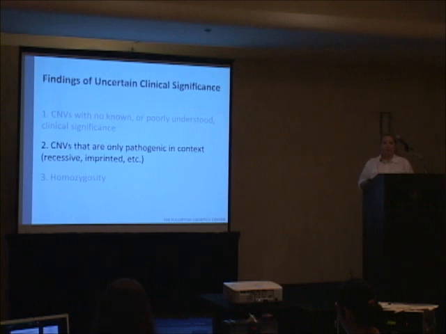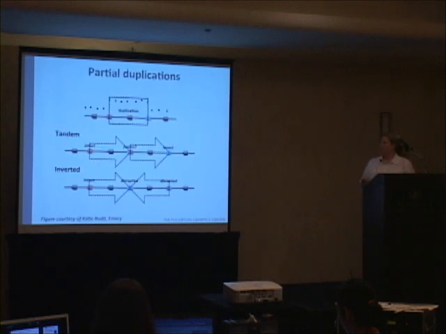But my least favorite, and I was really grateful for the talk yesterday, my very, very least favorite finding are partial duplications. And I'm not talking about intragenic duplications where you can look at how many exons were duplicated and predict frame shift and have a pretty good idea of whether it would be disruptive, but large duplications with an endpoint in a gene. And usually turns out, 84%? Usually these are not disrupted, and we know that, but we still